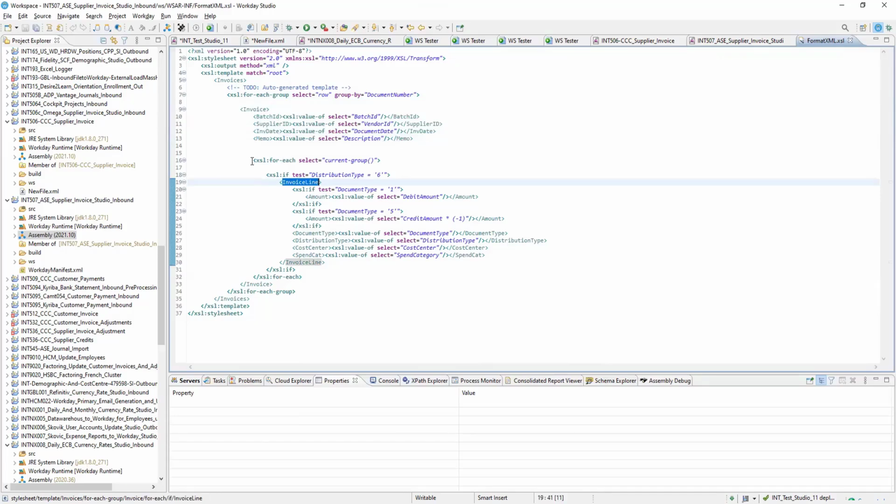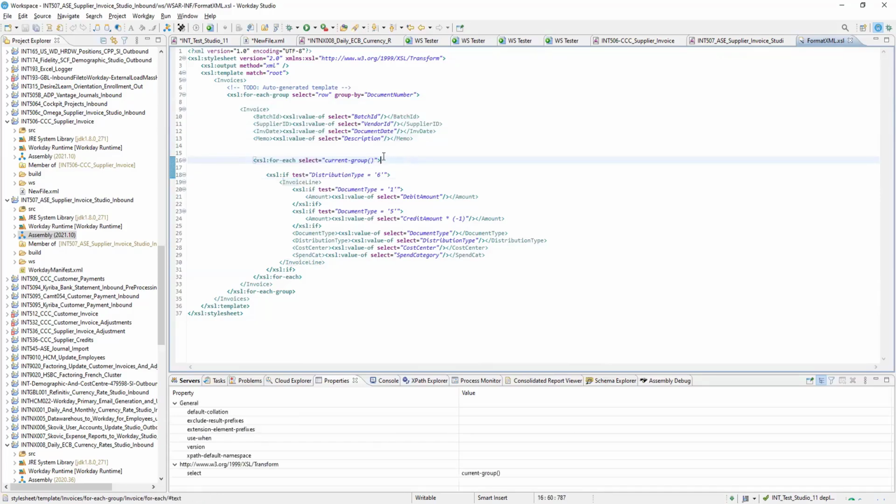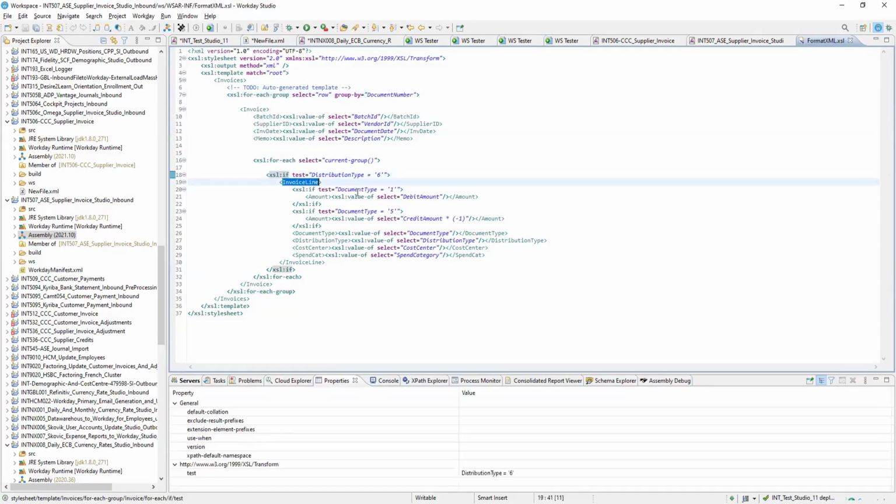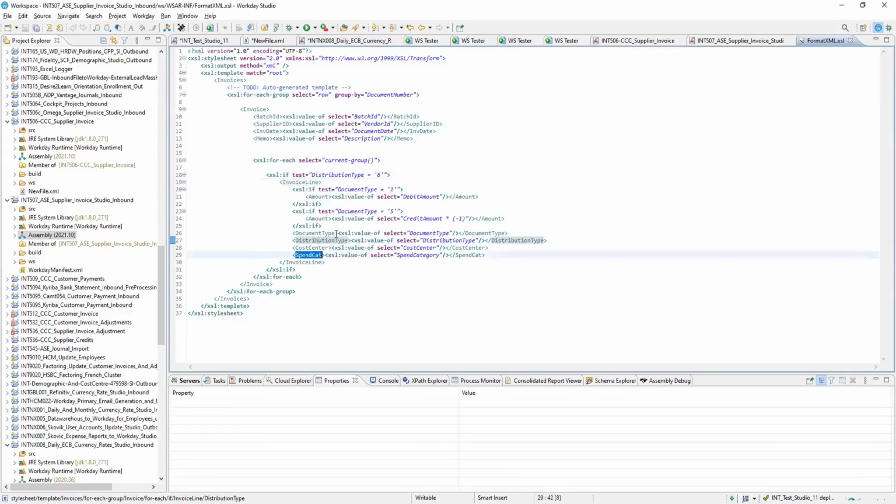Because now it is a loop here, for each current group, meaning for each row which has this document number. I have here the cost center, spend category and the amount. This is a logic. You can forget about this logic, but you can check the syntax here.